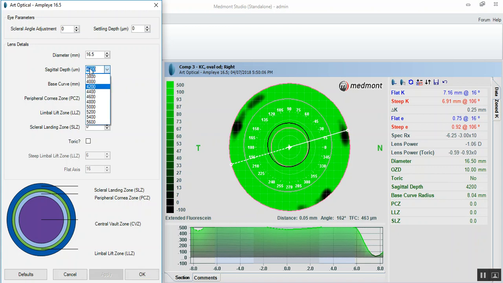Let's go to the sag depth box here and change our depth from 4200 to 4000. Or as you can see, you can select any one of the Ampleye sagittal depths in the 16.5. Well, in this case, let's take our 4200 and go down 200 microns to the 4000 micron and try to reduce this sagittal depth. Let's apply and see what apical clearance it gives us. Now we're down to 276 microns, very much within the range that the fitting guide suggests, 250 to 400 microns